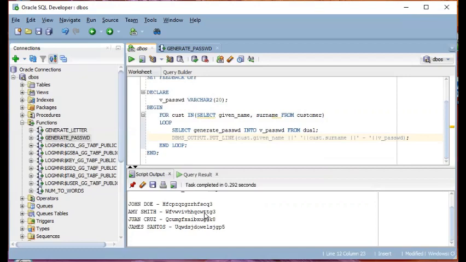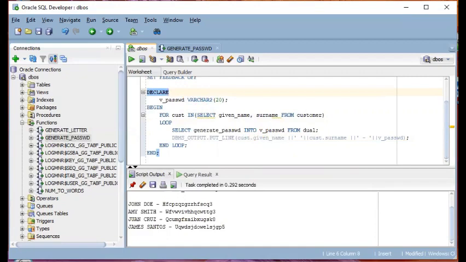It has to have an uppercase letter, a lowercase letter, a number, and in some cases, they also prefer to have a special character thrown in. Okay, so here we have seen using an anonymous PL/SQL block to generate passwords for multiple